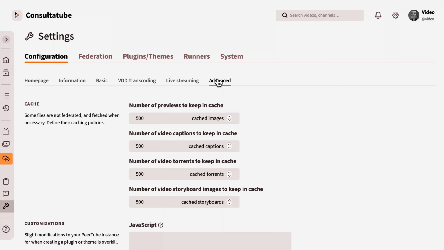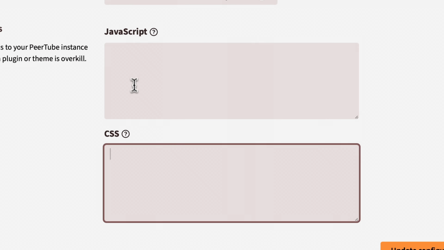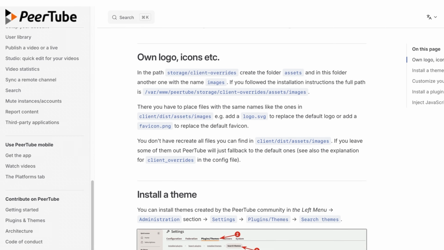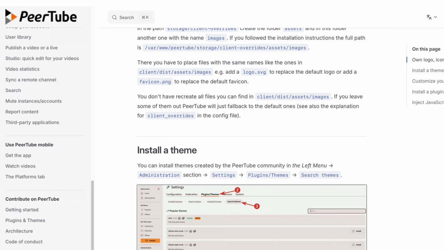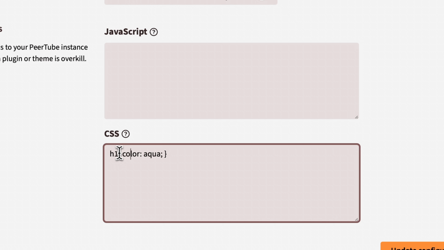So then jumping over to advanced, here are two fields that are sometimes useful, CSS and JavaScript. For all those web developers out there, you can do some tweaks. This is for minor tweaks. If you want to do major tweaks, you want to create a custom theme. If you want to hide a detail on the site or change the background color or something like that, you can do a little CSS override in here. So any kids who grew up in the 90s when HTML was just a little baby will enjoy being able to change the color of headings to aqua.